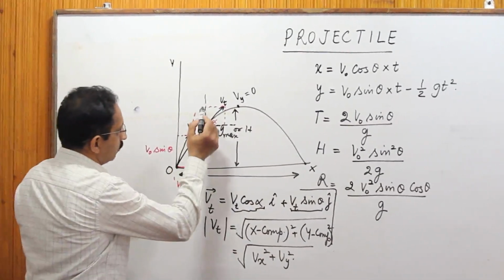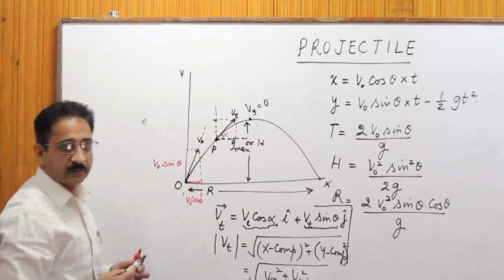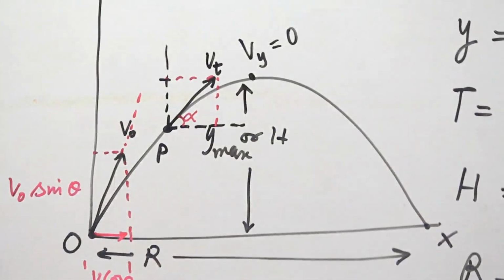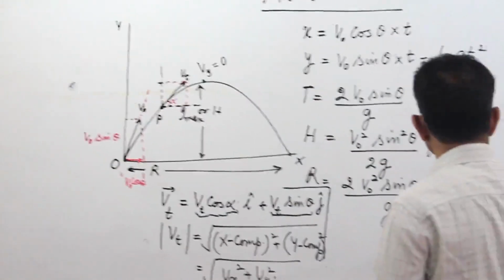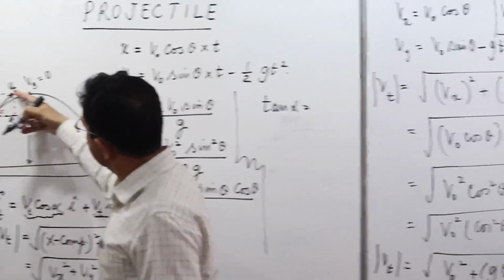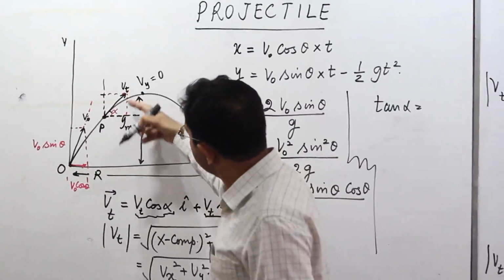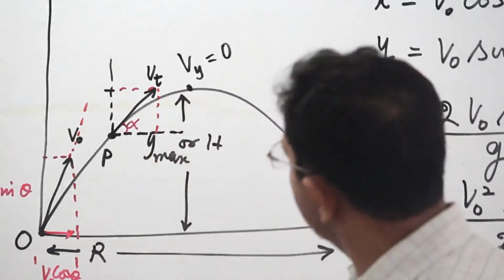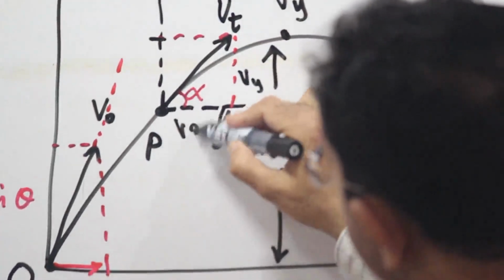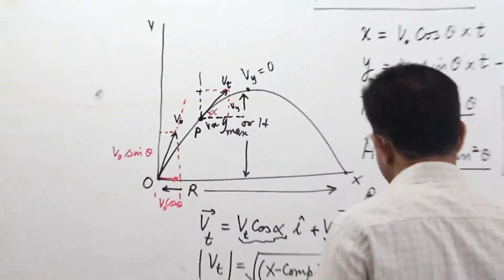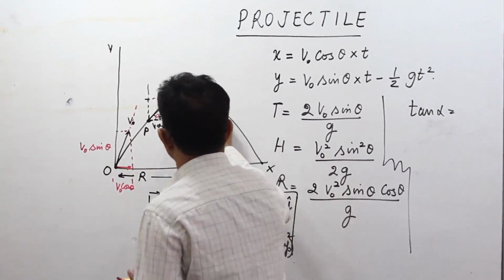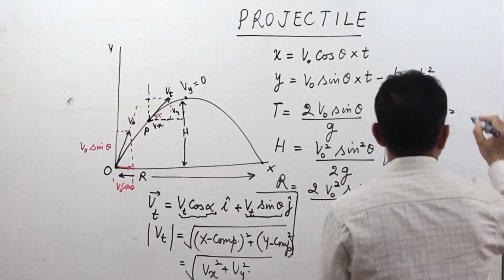Again, यहाँ देखें, तो यहाँ पर अगर हम लेते हैं इस angle का tan alpha, so I have for the direction of vt tan alpha, so tan alpha you will realize is equal to, from this triangle, perpendicular divided by base, जो ये perpendicular है, this is vy, और जो ये है this is vx, so what I get is the ratio tan alpha becomes equal to vy by vx,